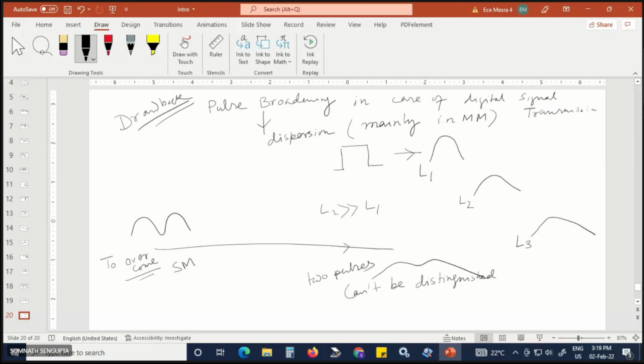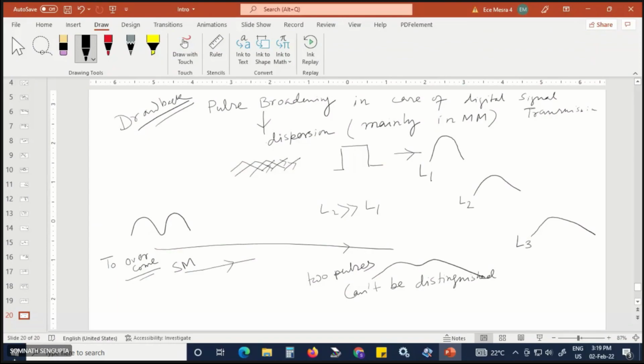Generally, you can also assume that many rays propagate in multi-mode fiber, and they have different speeds. In single mode fiber, only one ray propagates, so there is no question of pulse broadening, but it still exists, and that is called